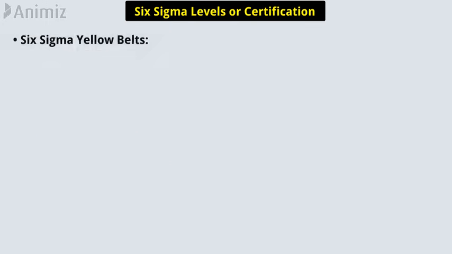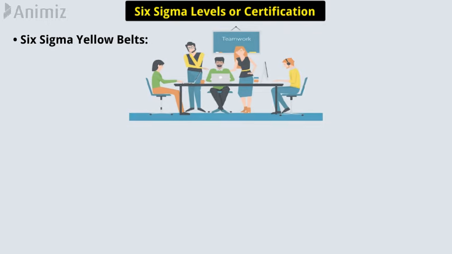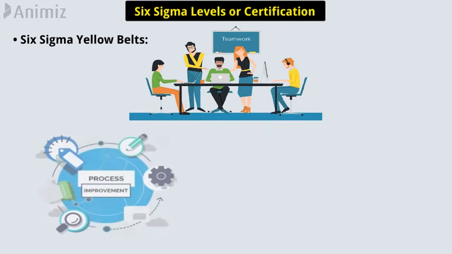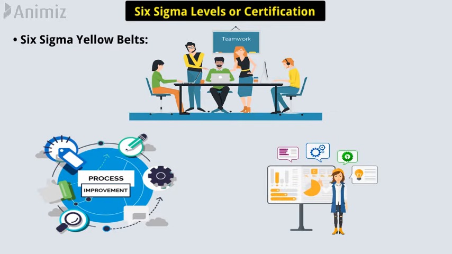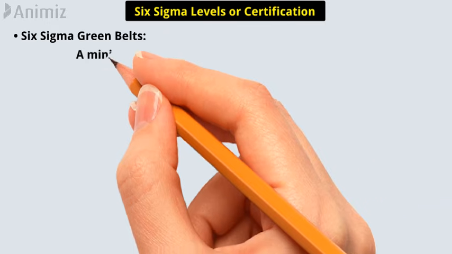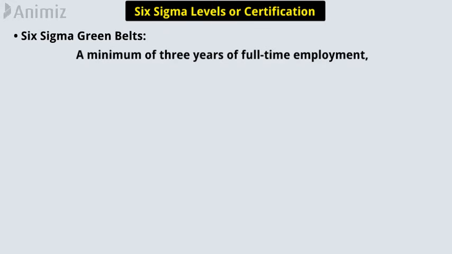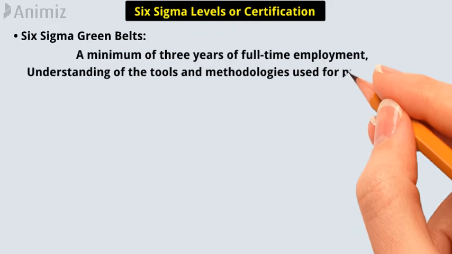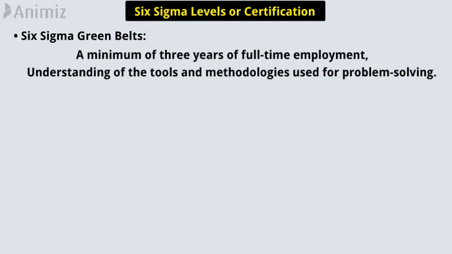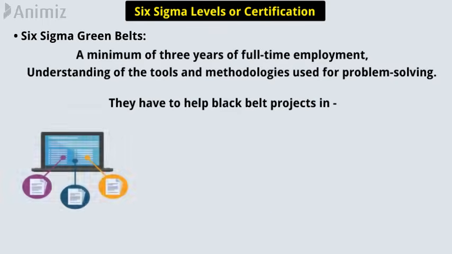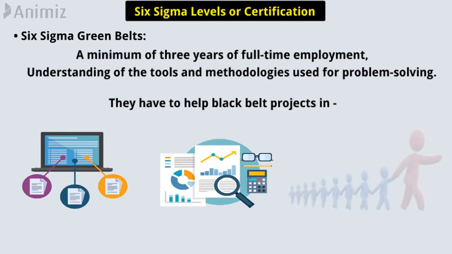In yellow belt, the participant takes part as a project team member. They review process improvements, and gain understanding of the various methodologies. Six Sigma Green Belt requires a minimum of 3 years of full-time employment, and understanding of the tools and methodologies used for problem solving. They have to help Black Belt projects in data collection and analysis, and lead Green Belt projects